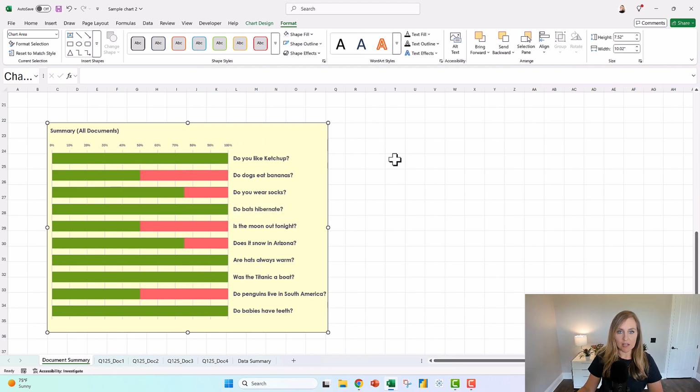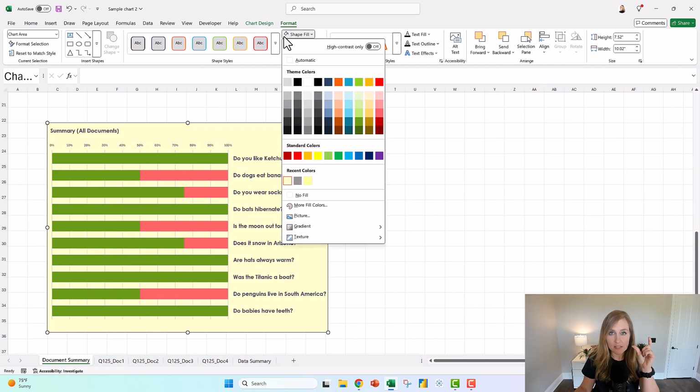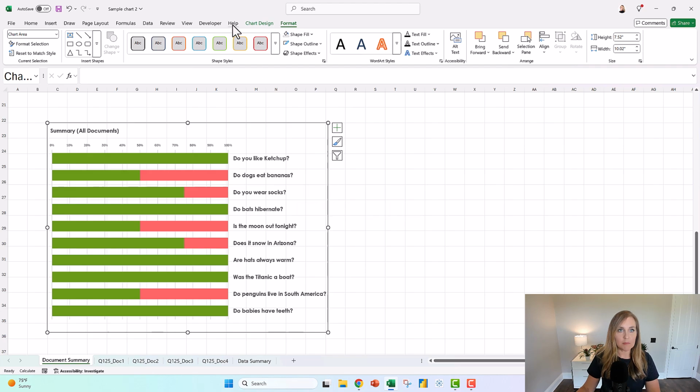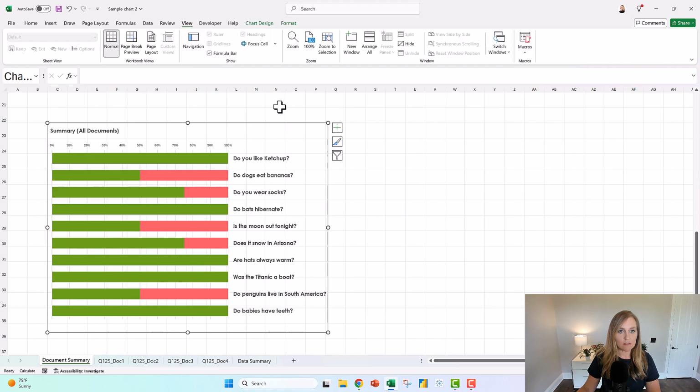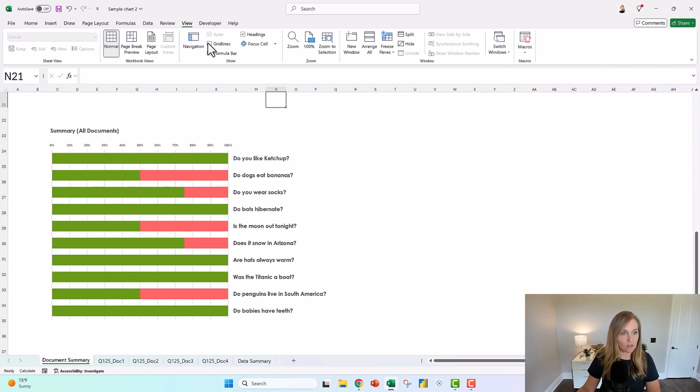Let's do some decluttering. So let's get rid of the yellow space because there's color contrast issues. It's hard to read the text and hard to see the colors if there's a colored background getting in the way. So I'm gonna do a no fill. Let me turn off the grid lines real quick so I can see what it'll look like. Let's move the words to the left. To do that,